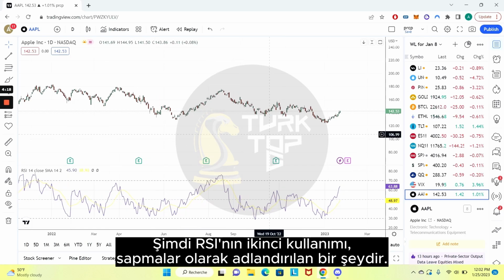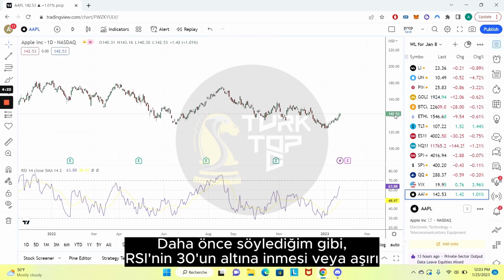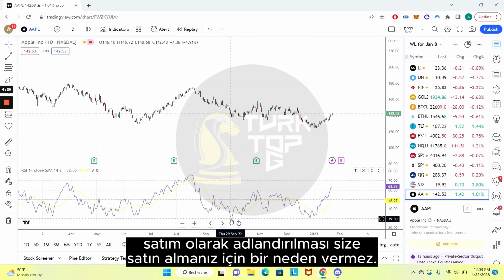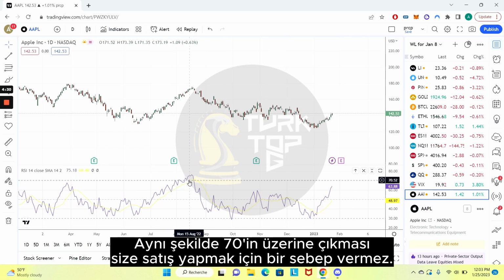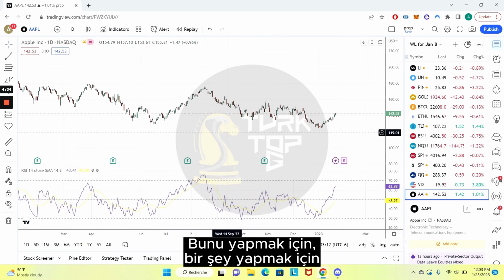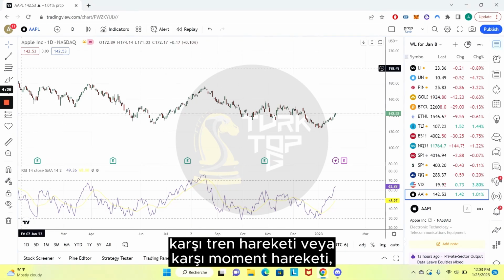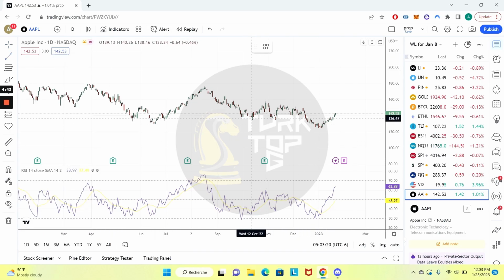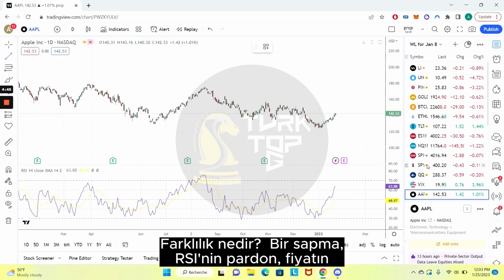Now, the second use of RSI is something called divergences. When I said earlier, just because RSI goes below 30 or is called oversold does not give you a reason to buy. Same way, just because it went above 70 does not give you a reason to sell. In order to do a counter trend move or a counter momentum move, what you want to be looking for are divergences. What is a divergence? A divergence is when